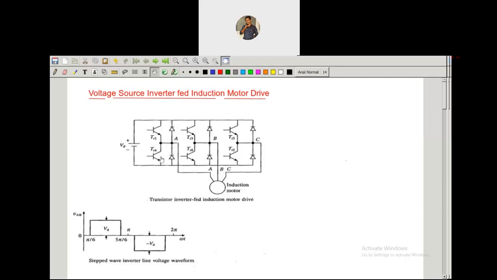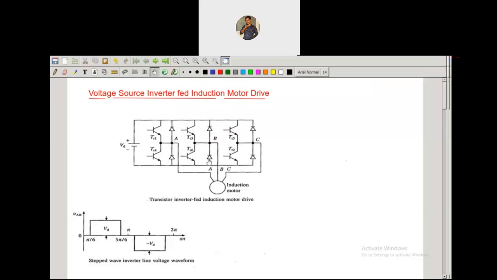This one is a three-phase induction motor with phases A, B, C, and you can observe each phase has two switches. Every phase is connected with two switches, and each switch consists of a transistor. We are going to use power transistors here, and every switch has the transistor with an anti-parallel connection of a diode. So phase A has two switches, two transistors with anti-parallel connection of diodes. With this, we have six such switches for this voltage source inverter fed induction motor.